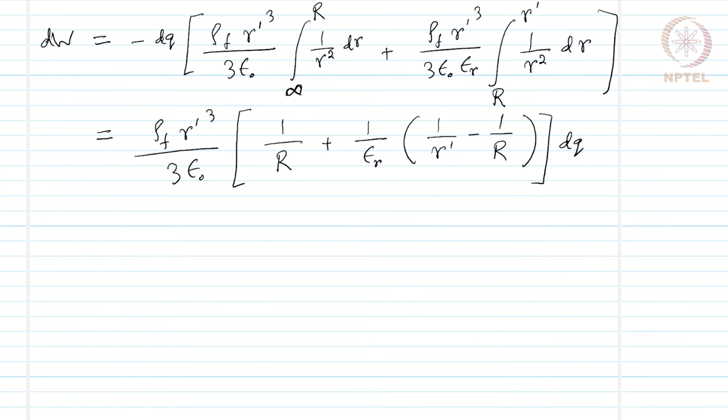This is the expression for dw, and this will increase the radius r prime. So, we can write in terms of the increment of the radius r prime, dq equals rho_f times 4 pi r prime squared dr prime,